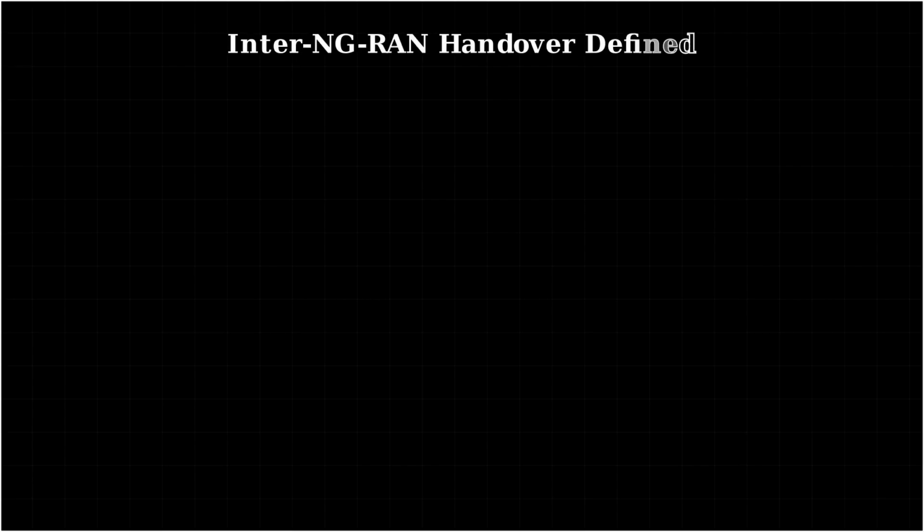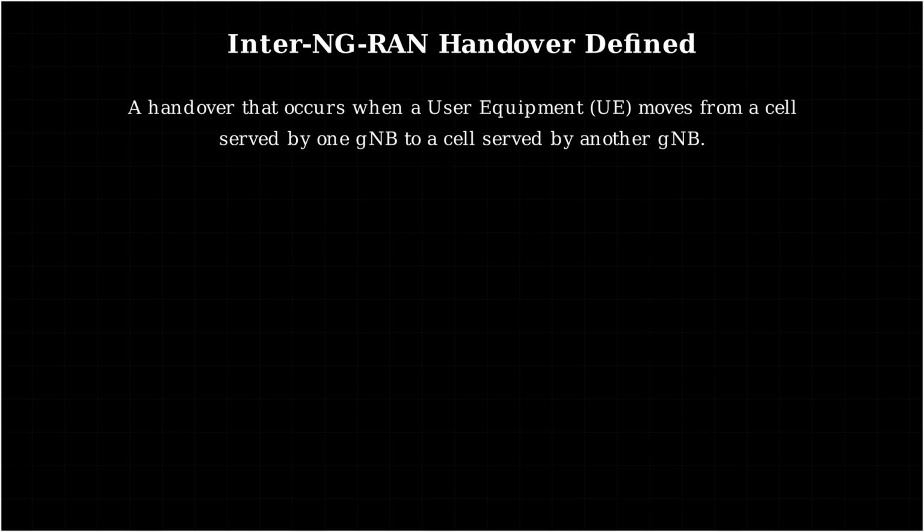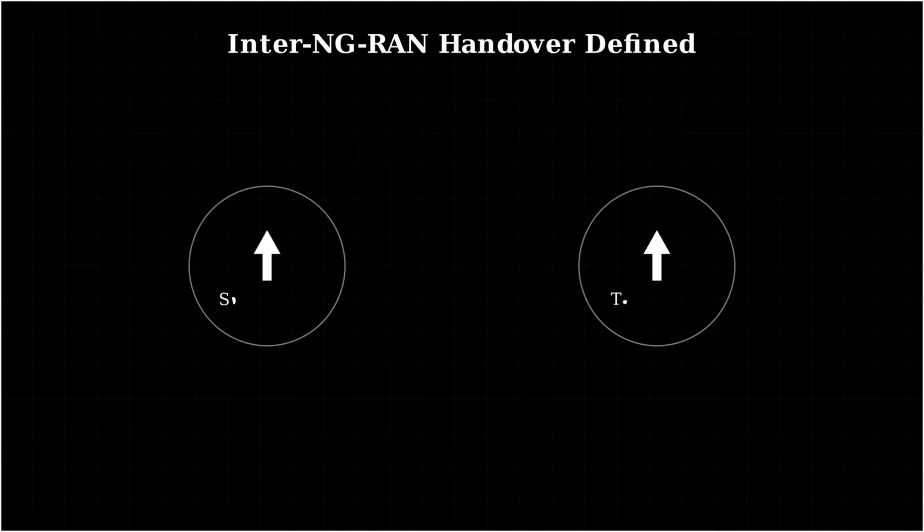Inter-NG-RAN handover refers to a specific type of handover in 5G networks. It occurs when a user equipment, such as a smartphone, moves from a cell served by one gNB to a cell served by another gNB. Let's visualize this process with a network diagram. Here we have two gNBs, a source gNB, where the UE is initially connected, and a target gNB to which